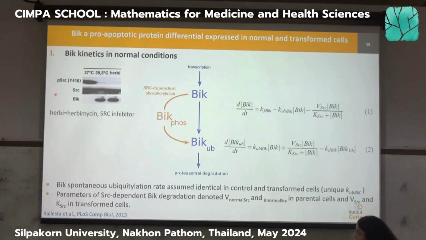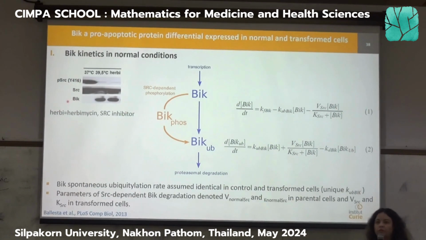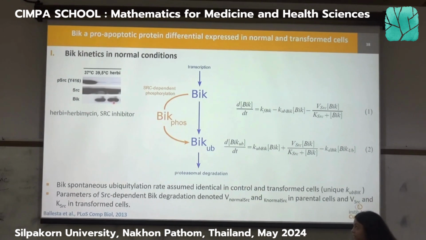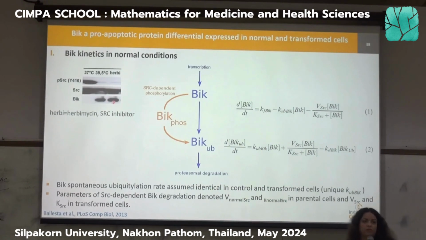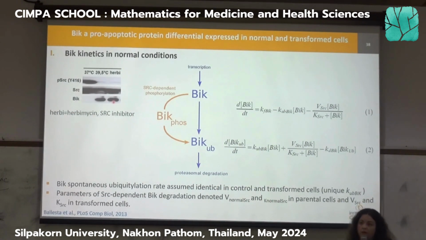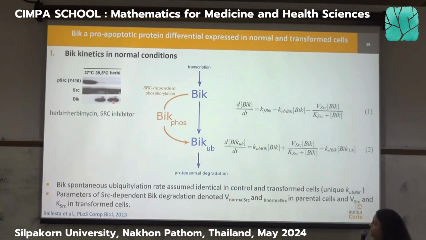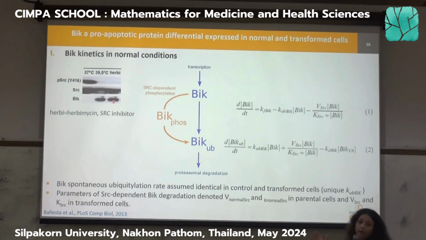Then let's go to this protein, which is called BAK, which is going to be very important. So what they have discovered is that basically in normal conditions of cancer cells, we are still looking at cancer cells, there is no BAK protein in the cells anymore. As you can see here, it's completely white. On the opposite, in the healthy cells, let's say in the absence of SRC, you should have BAK. I mean, this should be present, and this is actually present in the normal cells. So we decided first to model the reason why BAK is not present in the cancer cells.